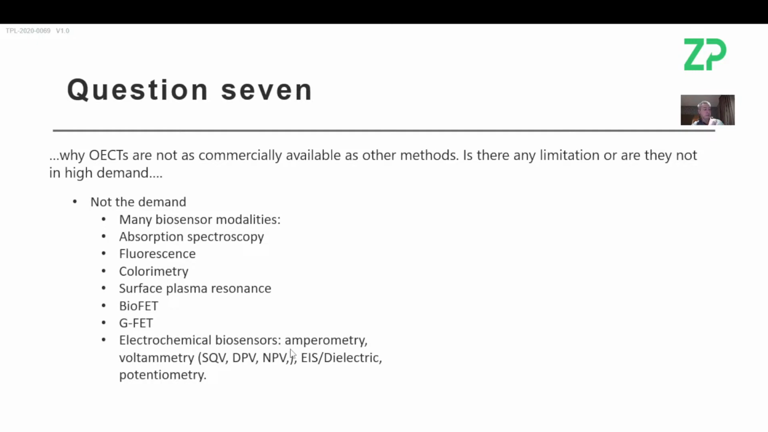Even within electrochemical sensing, there's amperometry, voltammetry. Square wave voltammetry, differential pulse voltammetry, normal pulse voltammetry, EIS, electrochemical impedance spectroscopy, sometimes called dielectric impedance spectroscopy, and potentiometry. So what am I saying here? When you've got a new technology, especially in biosensing, you're falling into a community or group of technologies. There's already lots of technology. I haven't even talked about quartz crystal microbalance,